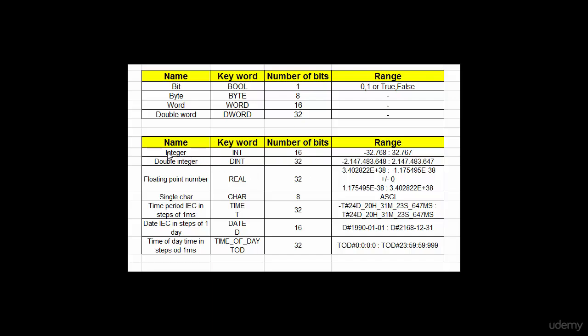As you can see, the first variable, integer, needs 16 bits in order to write its value. 16 bits, so in the previous upper table we can see that it must be a word. So if we want to use the integer variable, we need to write 16 bits, and we can write values in the range, as you can see here, from -32,768